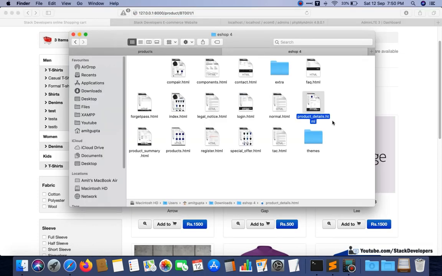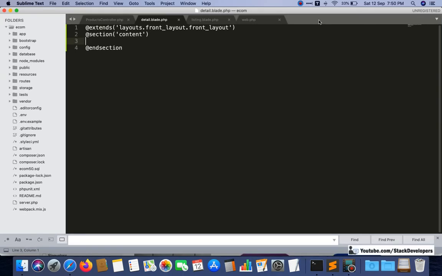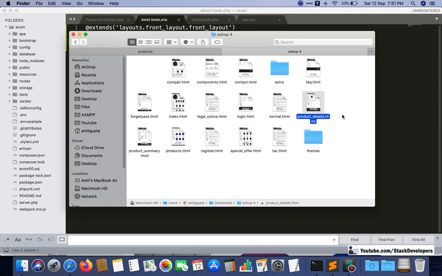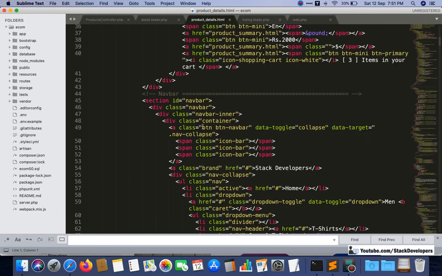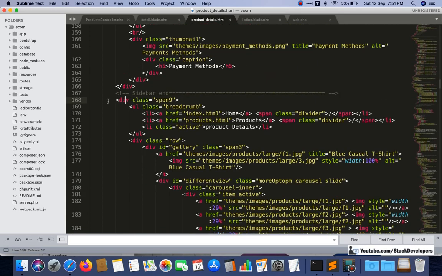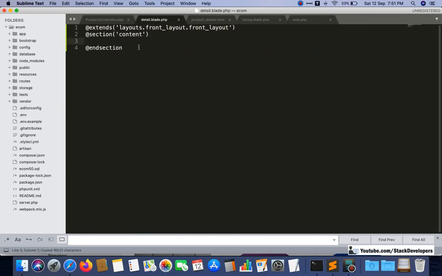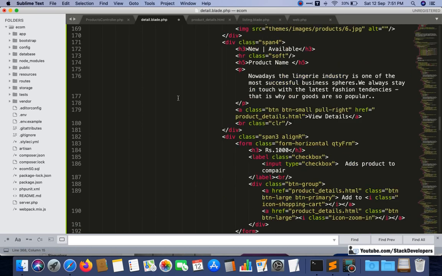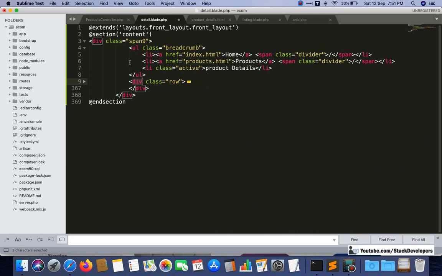This one, product detail, I'm going to open in Sublime. The center part I will copy and paste here. Then do formatting for this code.